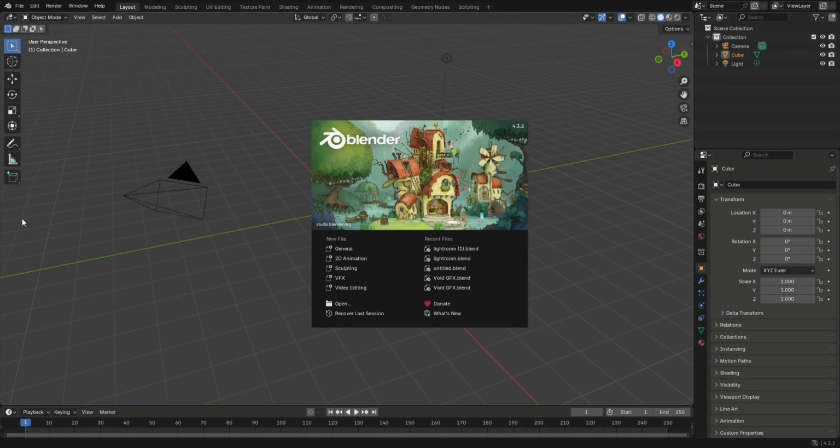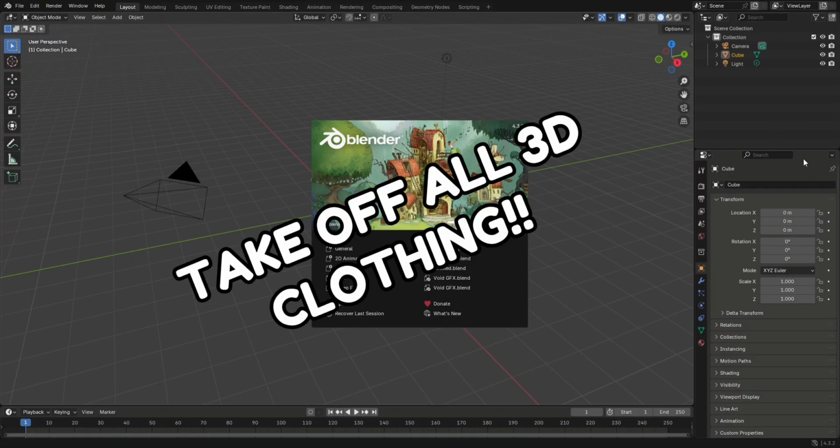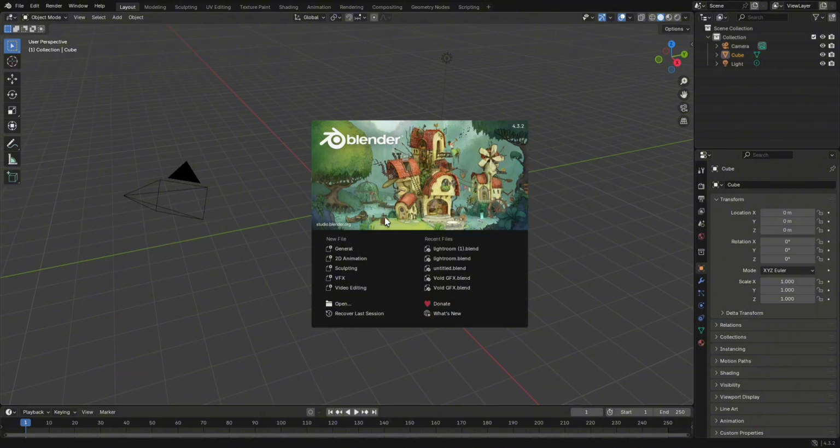Okay, so now we are on Blender. And of course, we have to do Lightroom, but it's linked in the description, by the way. Okay, after you've downloaded Lightroom, you want to go ahead and go to... I forgot to show you guys something. I know you guys can see this, but you have to remove the